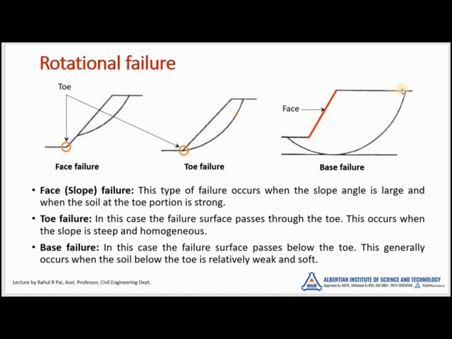Next is the base failure. Base failure, here you can see the entire slope is failing. Entire slope including the base is failing. So here it can be due to multiple reasons. The first one can be due to the steep slope, and also if the soil is not properly compacted, if you are not constructing a slope properly. And another biggest reason is that when the foundation is very weak, like you have a soft clay, and also when you are using the soil for slope or the entire native soil is very weak or soft, then this base failure can occur. So this is the most critical failure in rotational failure.